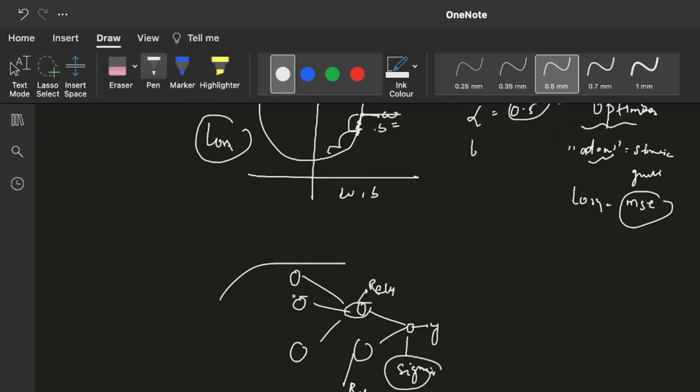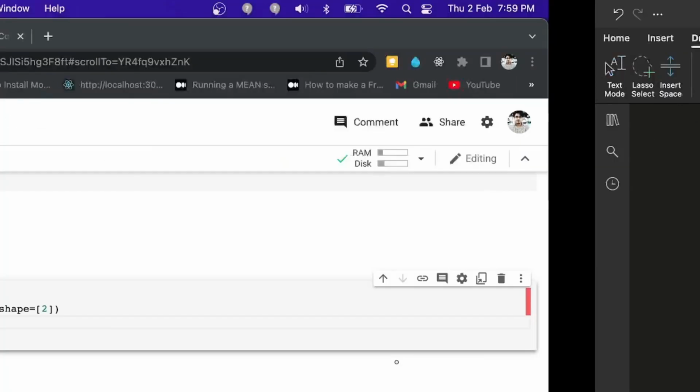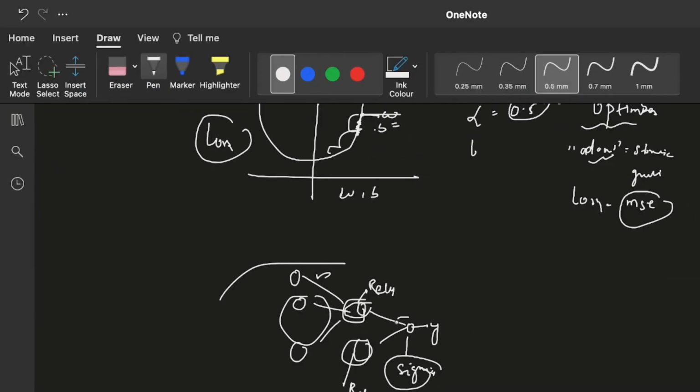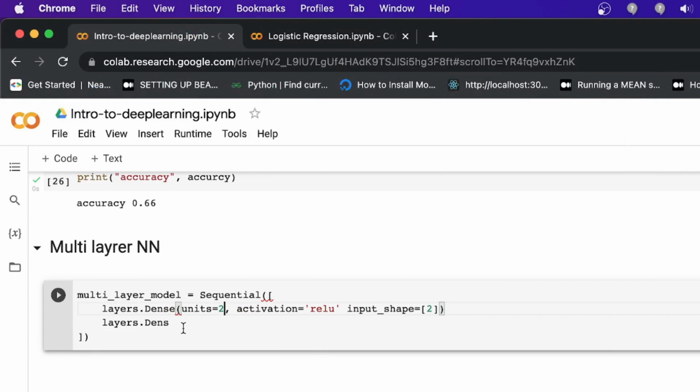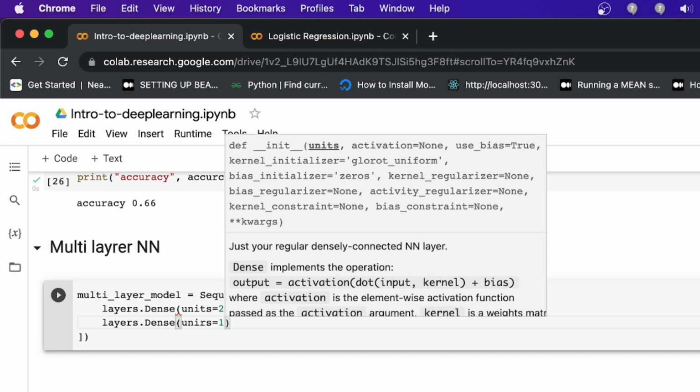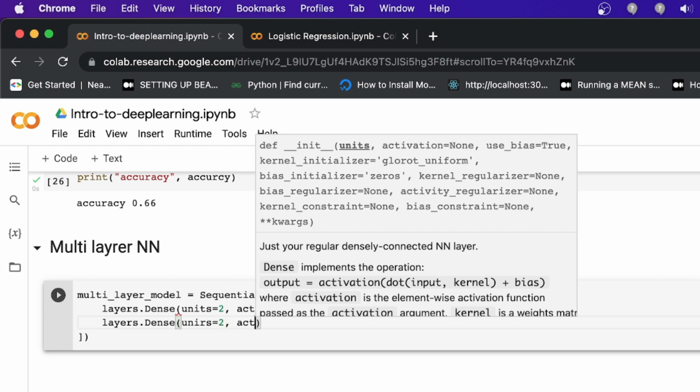After getting these two inputs and one bias, it will generate two units, not one unit, so you have to pass units 2. For the next layer this will generate one unit. So now I am going to add dense with units 2 and an activation function again.